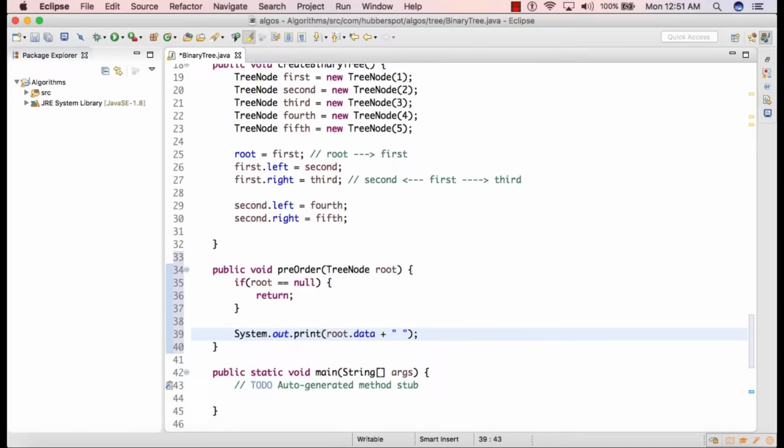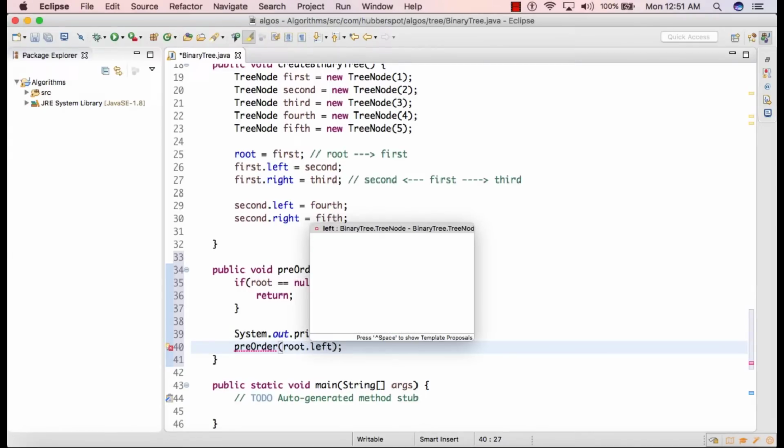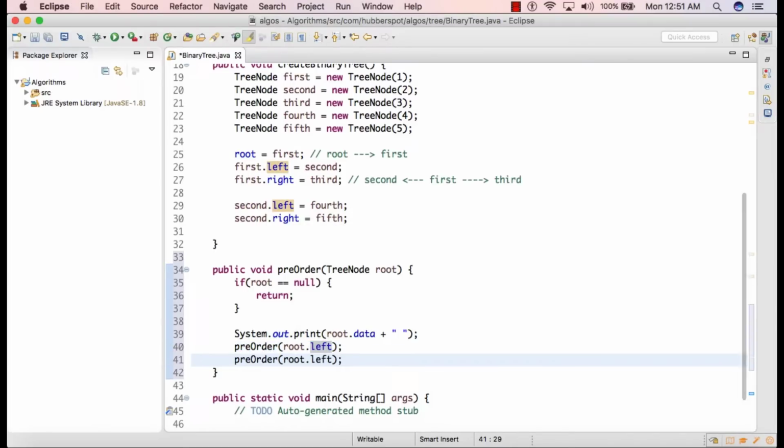Once the processing of the node is done, we will again call the preOrder method and pass root.left. And in the last line, we'll again call the preOrder method and pass root.right to it. So here, after processing a node, we are recursively processing the left subtree and the right subtree in a pre-order fashion. So friends, this is the code for pre-order binary tree traversal.